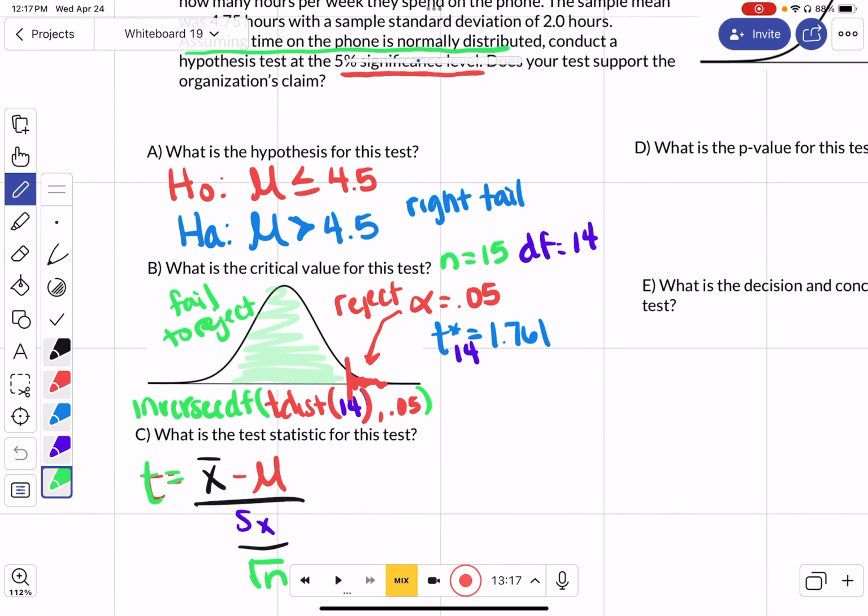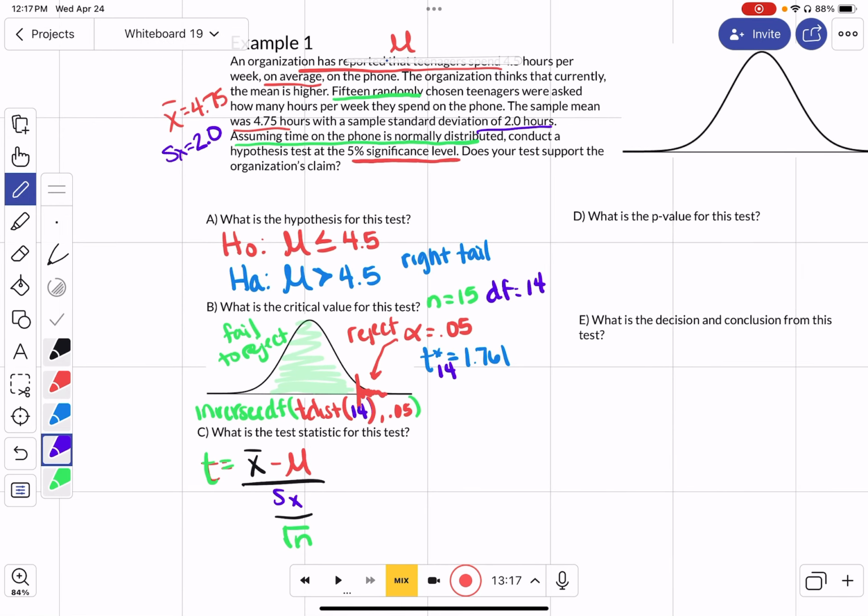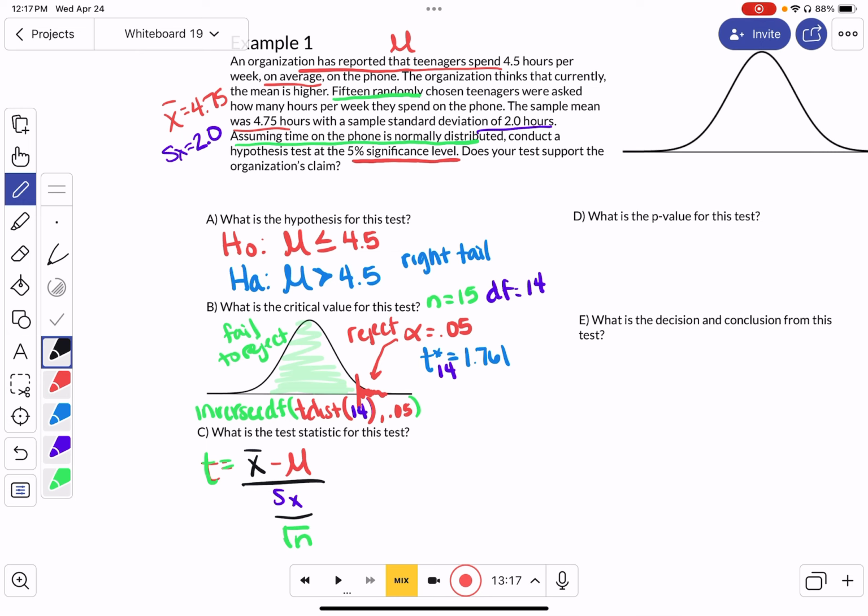I come back to the problem. They tell me that my sample mean, X bar, is equal to 4.75, and my sample standard deviation, S of x, is equal to 2.0. So I can plug those in now. Here's what I get. This means that t is equal to